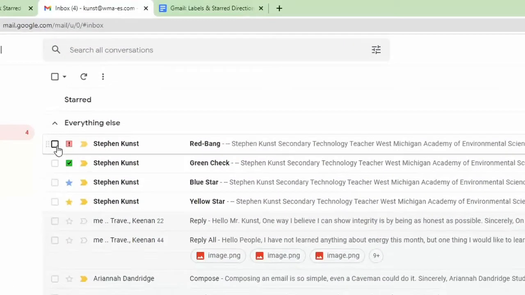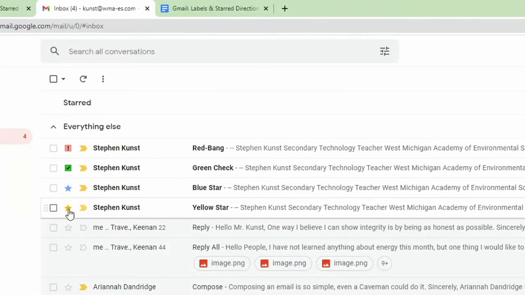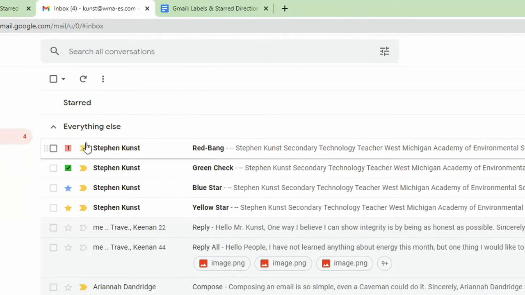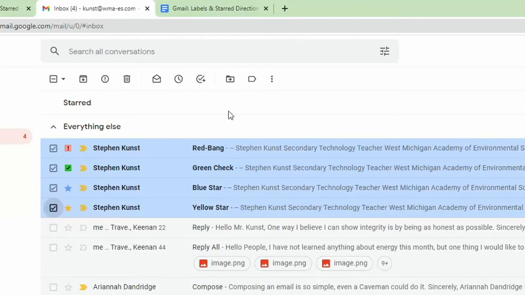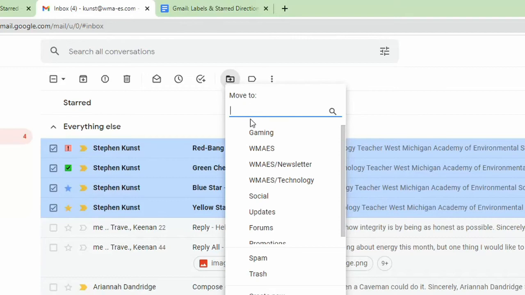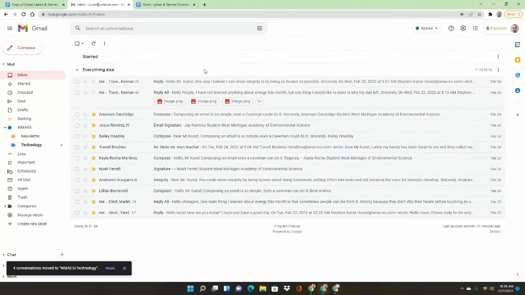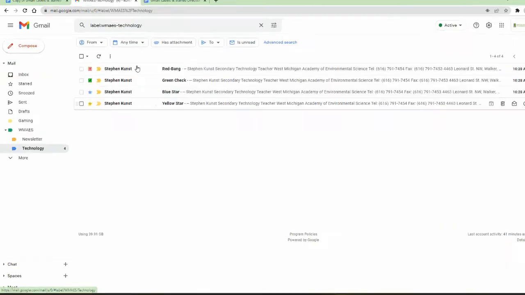So on my inbox I have, these are my starred emails that we started earlier. To select them, we need to click in the box next to them, and we'll select all 4. And then to move them to the technology folder, up on the top you're going to see this folder with an arrow, and it says move to. We're going to click on that. Where do we want to move it? We want to move it to the WMAS technology folder. And now if I go down to click on that label or that folder, I'll see that those 4 emails